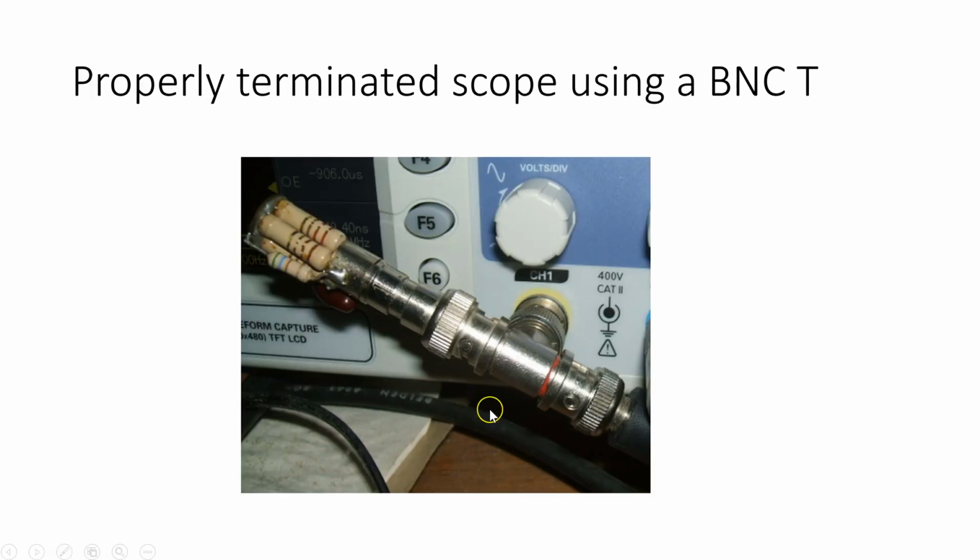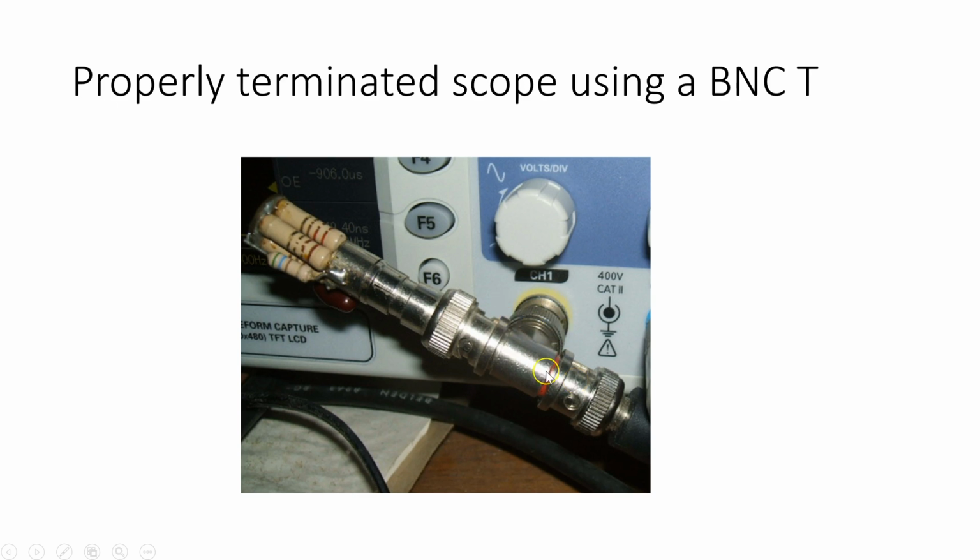Here's a picture of a terminator. It's actually a homemade terminator. You can buy terminators for BNC connectors. And by the way, I don't know if I've said this in an earlier lecture, these connectors are actually designed to be 50 ohm impedance to match 50 ohm coaxial cable, and they have a very nice little clipping system on them, and they were invented by the Royal Navy in World War II, which is why they are